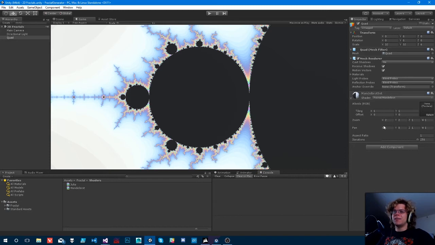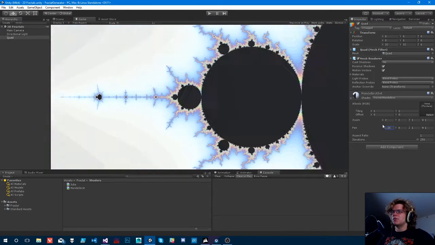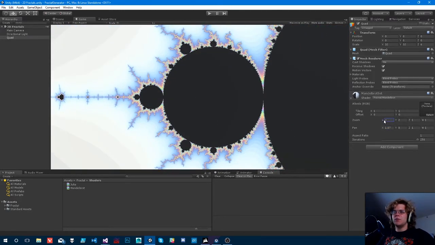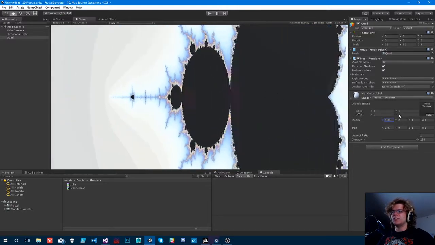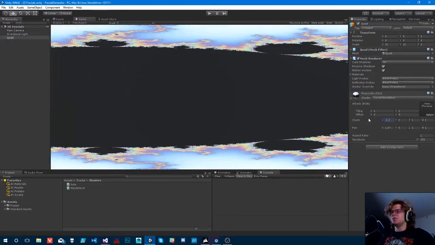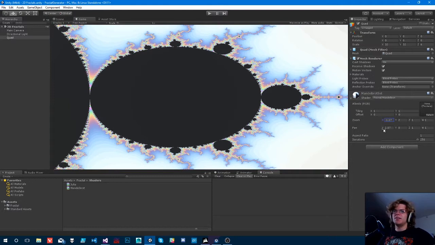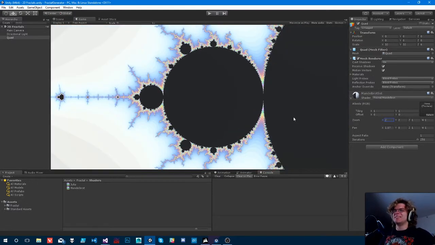So we can pan this thing. We can go side to side, and we can zoom it in or not. That's looking really weird because I'm only scaling one thing, but you get the idea. Alright. So what we want to do is, I'm thinking we're going to do some weird message passing thing. So how we are going to start with this is, we're going to open